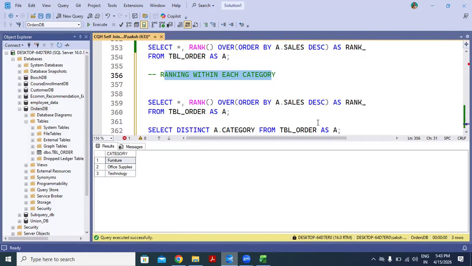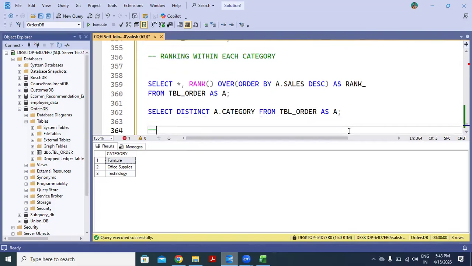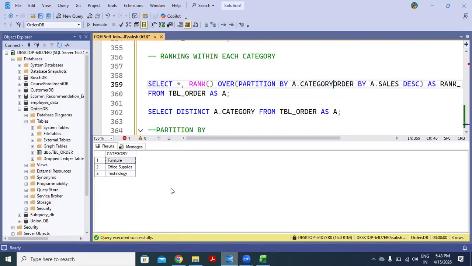So for that, we are having partition by clause. So let's write it as over partition by, and on the basis of which column you want the partition, on the basis of category. So here you can write it as A dot category and order by sales in the descending order.